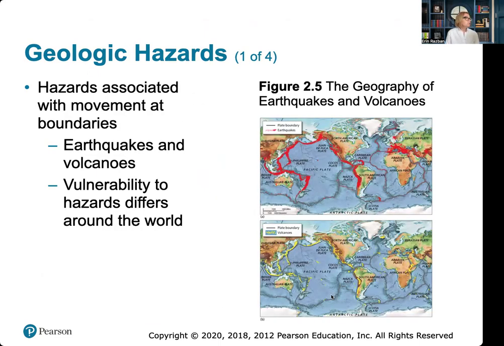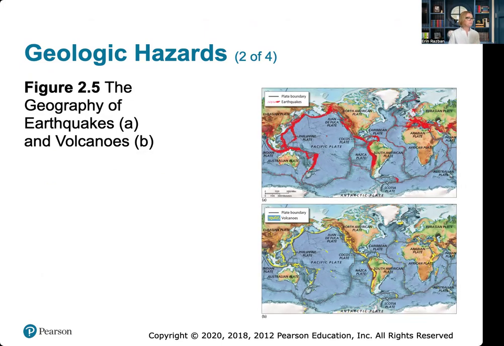All right, so these geological processes also bring geologic hazards. Earthquakes, which we're familiar with, and volcanoes occur primarily along plate boundaries, and they can have major effects on human settlement and activities. So, the area along the Pacific plate is famously called the